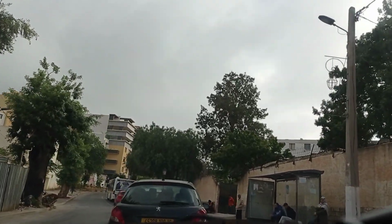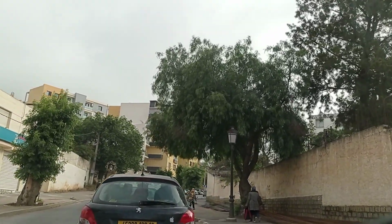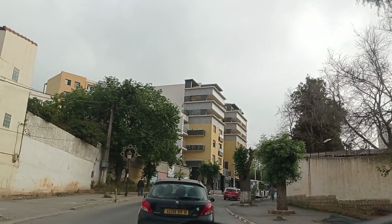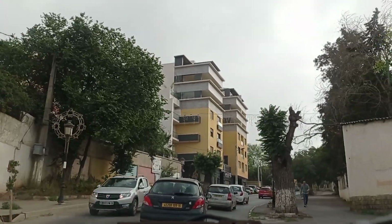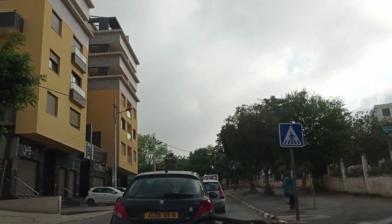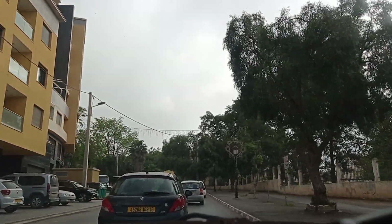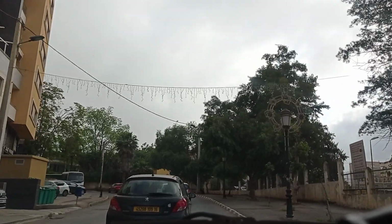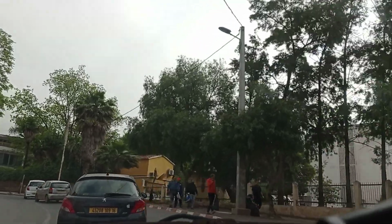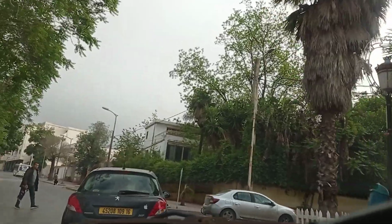And this area is serviced by public buses run by the Ituza company. Those buses would take you to many neighborhoods, including the city center. So you can ride the bus from this neighborhood to the city center. We've just left the central part of Birkhadem,